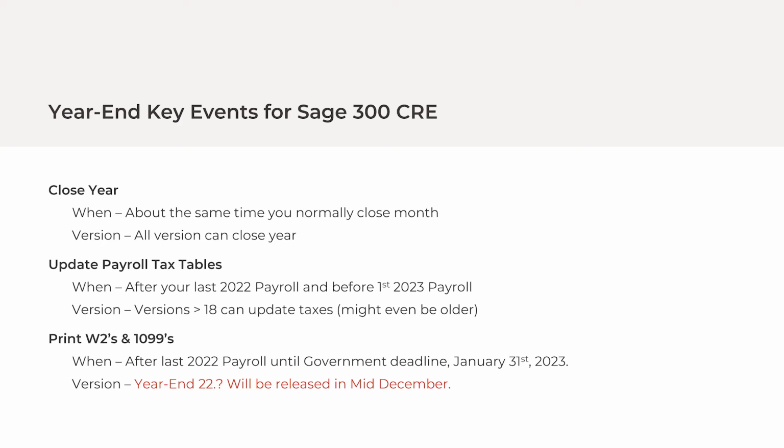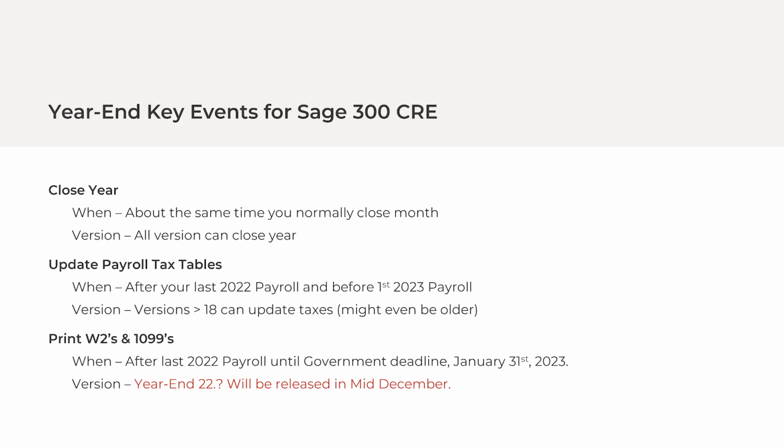The same goes for your payroll tax tables as far as which version. Any of our clients that have been engaging with us are going to be used to that update for the payroll tax tables and should be on a version that can accept them. Certainly, any version from 18 and forward can accept the payroll tax tables, and some of those older versions are able to as well. With Sage 300, that's disassociated from the software upgrade because those versions can upgrade their tax tables separately. So the only thing you need to pay attention to there is you want to make sure you get that done after the last payroll of 2022, but before you run the first payroll of 2023.